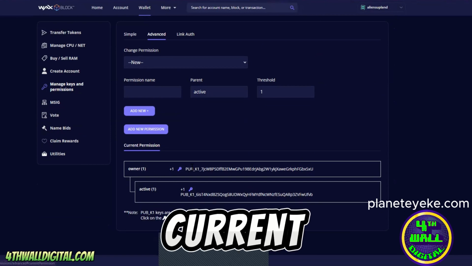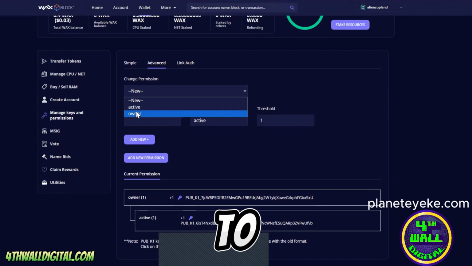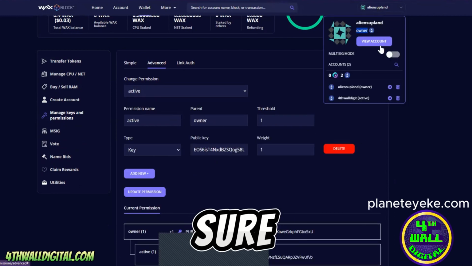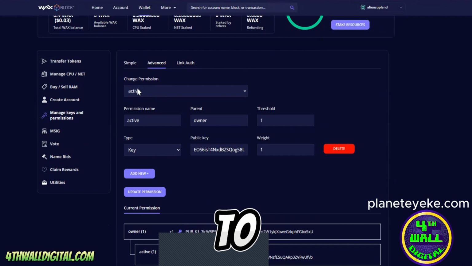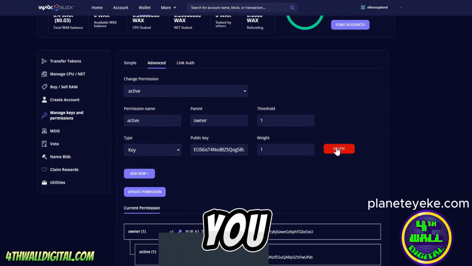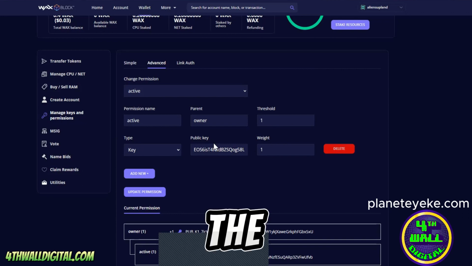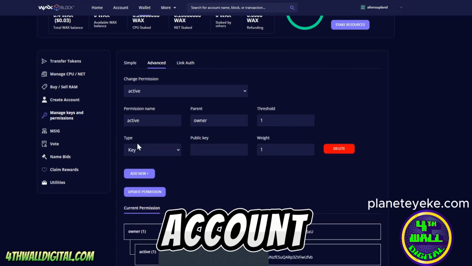It shows your current permissions here. You will go to active first. Want to make sure that you're not in multi-sig mode. You'll go to active first again, and you will begin by deleting the key, the public key. You will hit add new account,